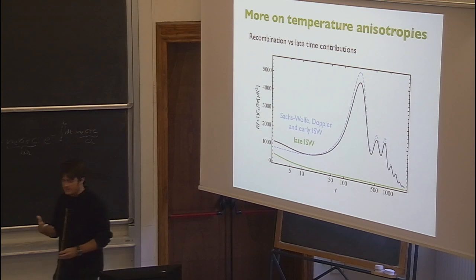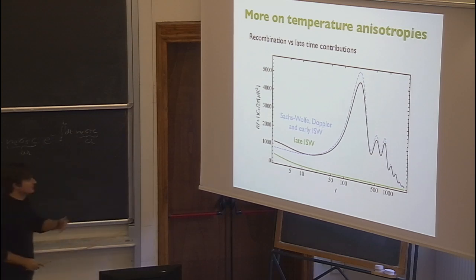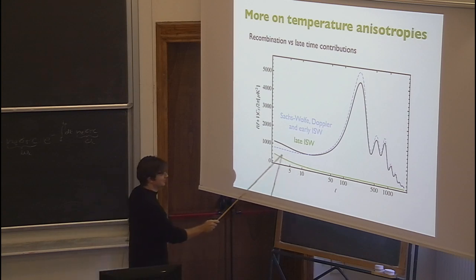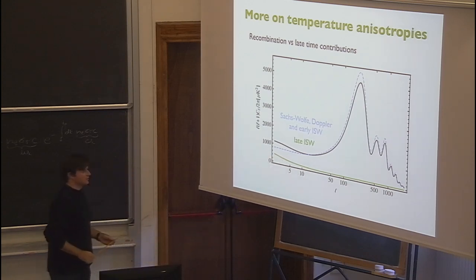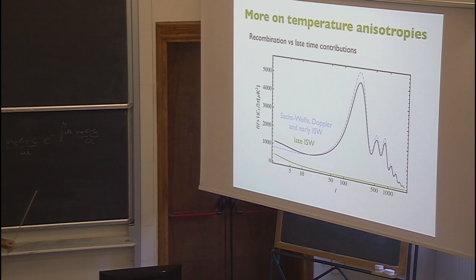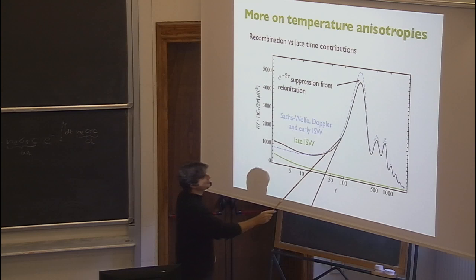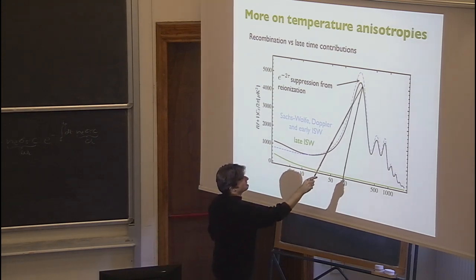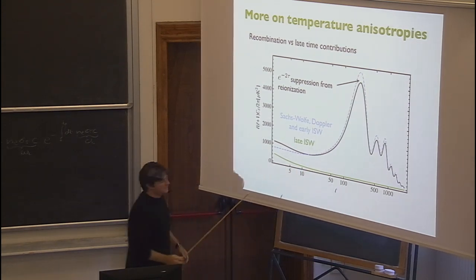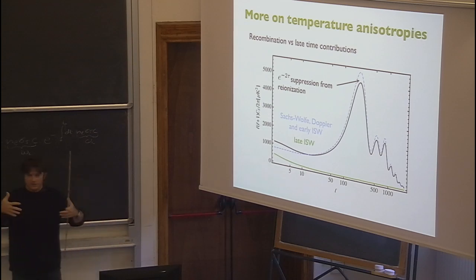So the CMB really predominantly knows about what's happening at a redshift of 1100, and only slightly from the late times what's happening at lower redshift, except I'll talk a little bit about lensing in a little while. But that's the only other way that it knows about the late time effects. And then the one difference you might notice between what I'm showing here and what I'm showing here is coming from the fact that eventually